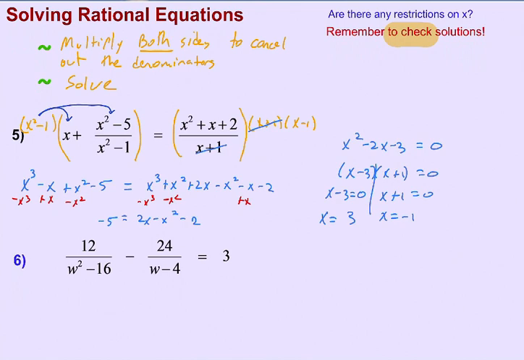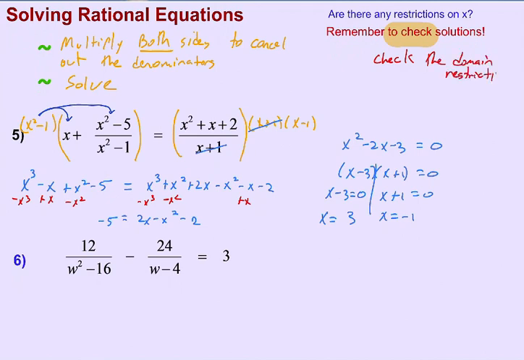No. Be careful. There are domain restrictions on rational functions, which means you could get answers that don't work. Luckily, you don't have to check the way we've checked other equations before. You don't have to take your two solutions and plug them into the original equation and see if they work. You can if you want to. It's a good method, but it's not necessary. All that's necessary is to check the domain restrictions,